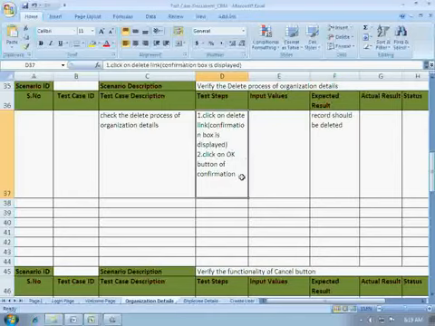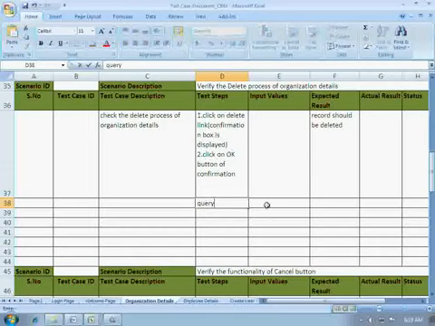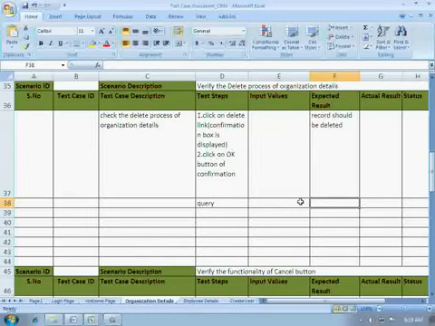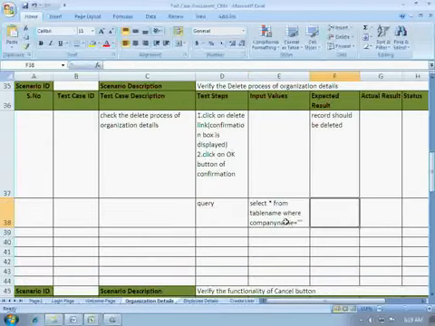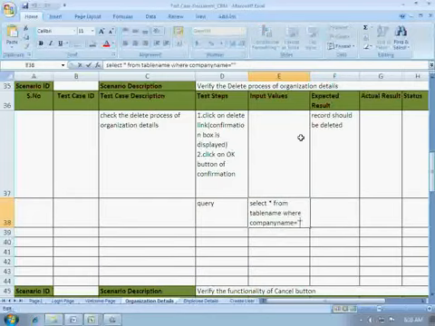After that, write an SQL query to check whether that record has been deleted or not. So select all from table name where company name is equal to the company name of the record you just deleted.